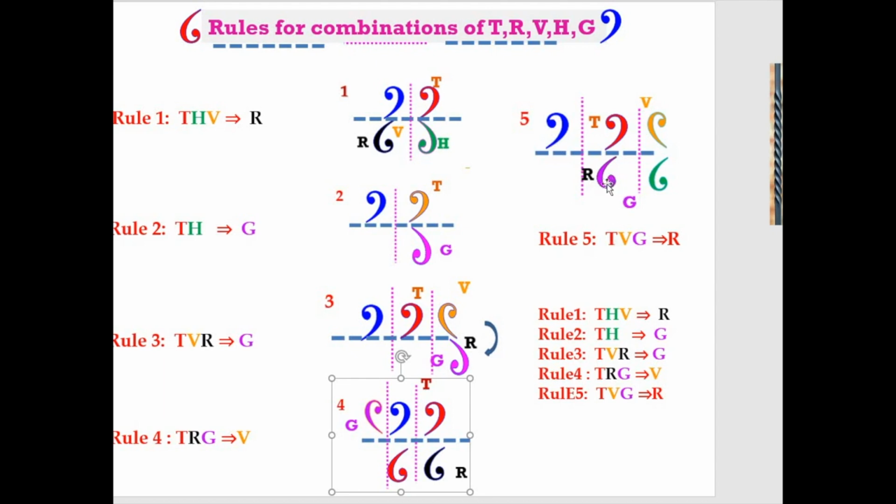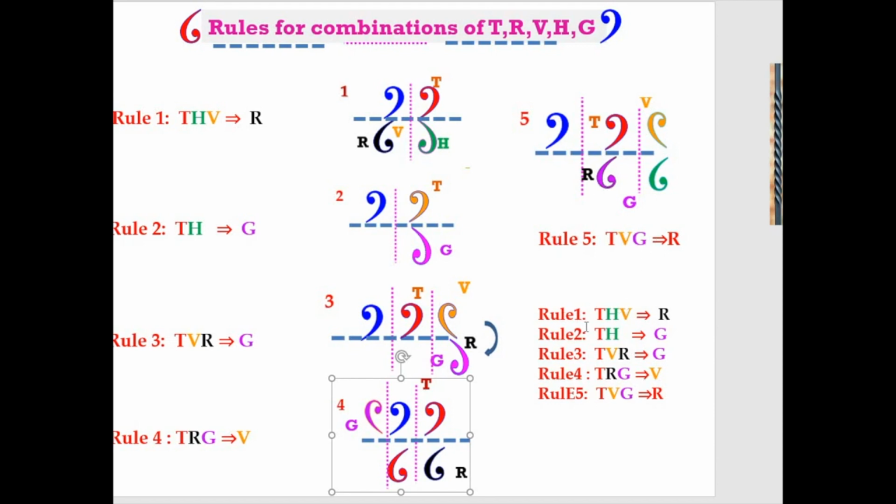you can also say that this can be obtained by rotation. See, if you look at these two, they are the same, which means this is obtained only by rotating the given motif through an angle of 180 degrees. The same motif finally you have got. So your motif which is in this place is transformed to this by these transformations. So finally you arrive at that, and that is nothing but the rotation of the given one through an angle of 180 degrees. So that is what rule 5 says.